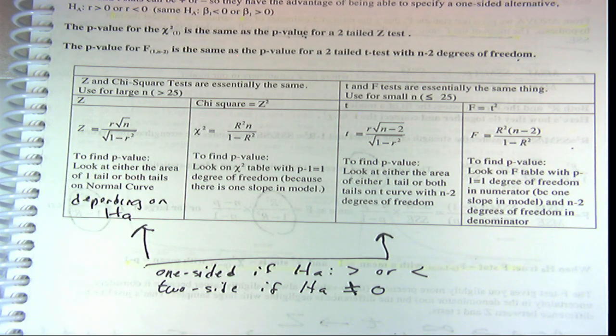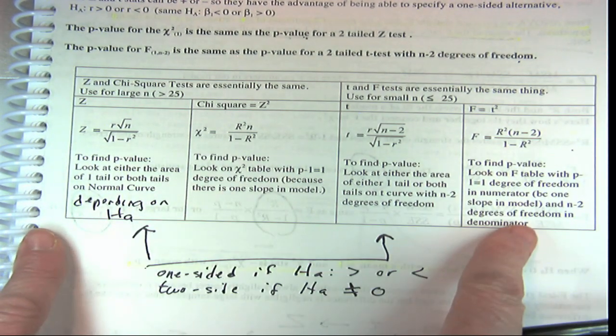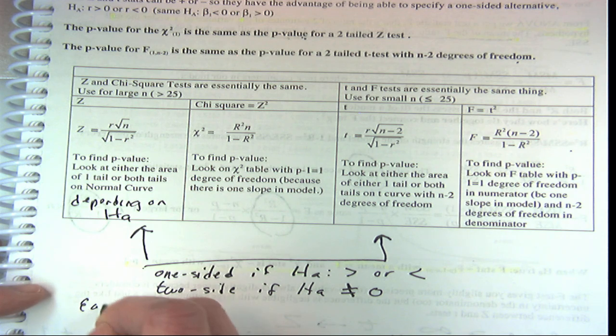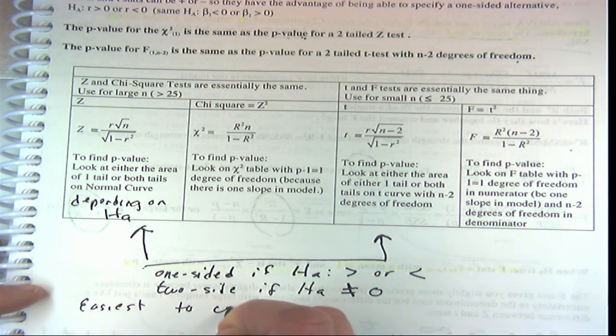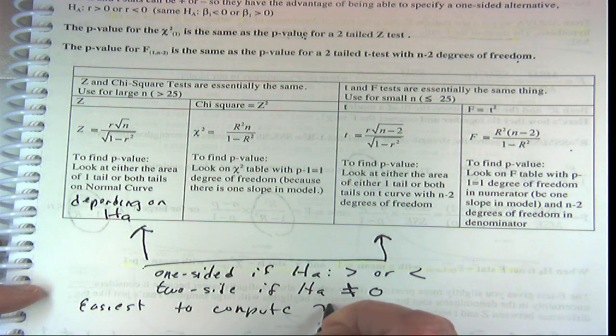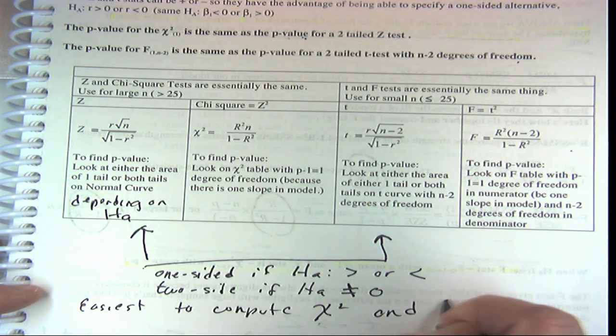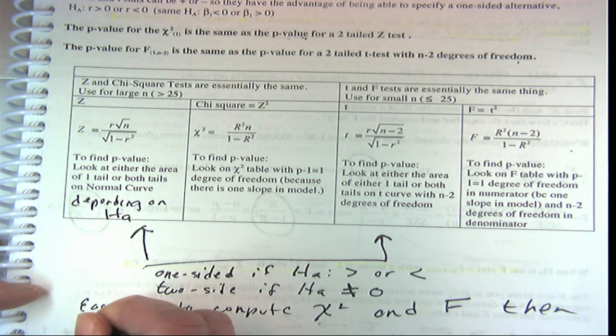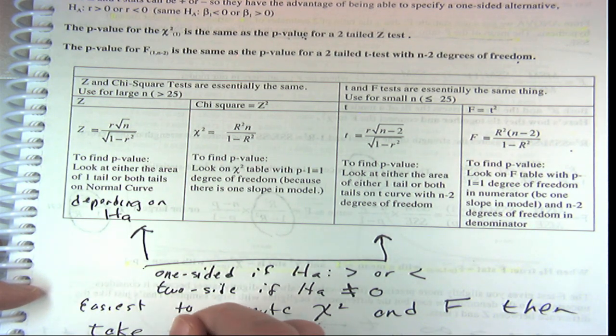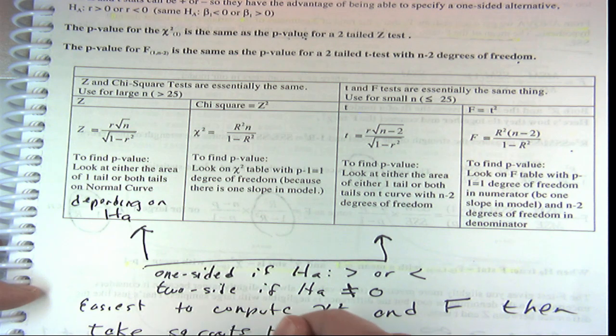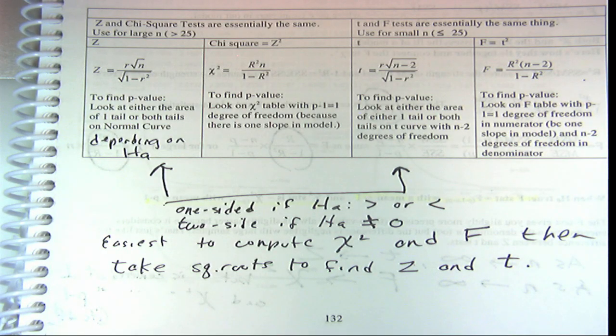And I think if you want to fill out a chart with all of them, it's easiest to compute the chi-squared and the F and then take their square roots. So that's pretty much it. You'll do a homework like that, fill out a chart like that. Okay, so that was a lot to digest, I know, but